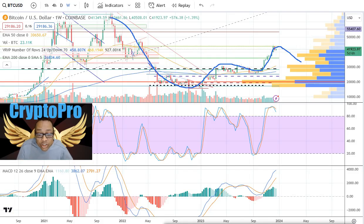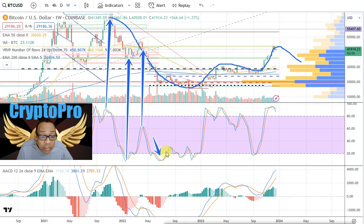And then we match those waves with the stochastic. So when we had this wave up here, it came from this stochastic peak. We had a wave down, it matched this bottom, the trough of this stochastic. Then we had a wave up, which matches this stochastic peak. And a nice lengthy wave down that matches these bottoms right here. There was a triple bottom that comprises this trough that happened right here. What happens next? A wave up, which matches this stochastic peak, and this